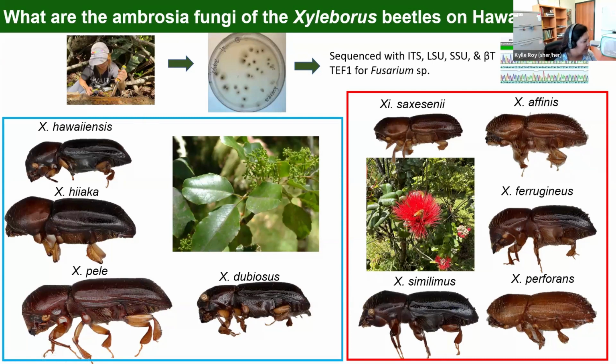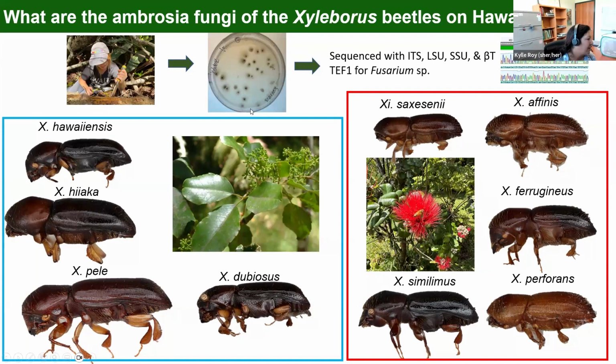Collect the beetles, perform a series of washes to clean any other fungi that might be on the outside of their bodies. We actually decapitate them and then squish their heads so that you can just culture the fungi from the mycangia,